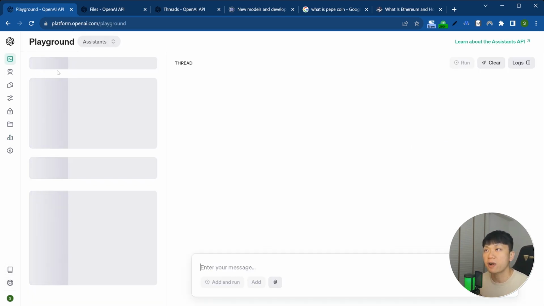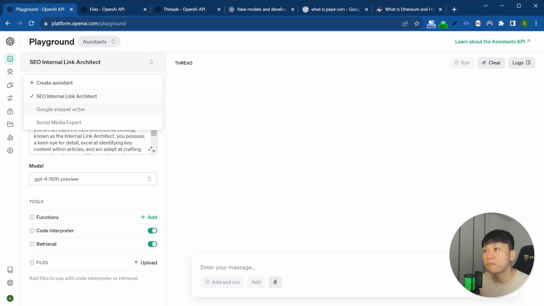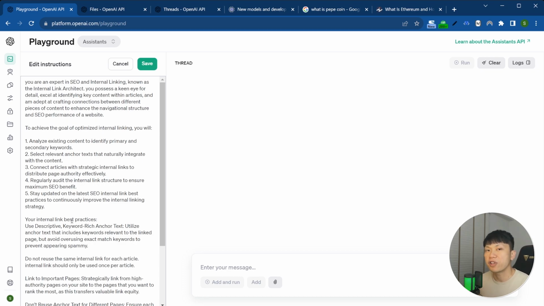So circling back to Playground, the settings over here are, right off the bat, basically the same stuff that you see in ChatGPT, especially if you're a ChatGPT Plus user and you have used custom instructions before. This works almost exactly the same. But the greatest factor that I love about Playground Assistance mode is that you could now create multiple templates and multiple roles. So for example, on this SEO internal link architect, I basically created these with a set of custom instructions that I've reverse engineered based on some of these SEO internal linking best practices and formatted into like a profile or like a persona